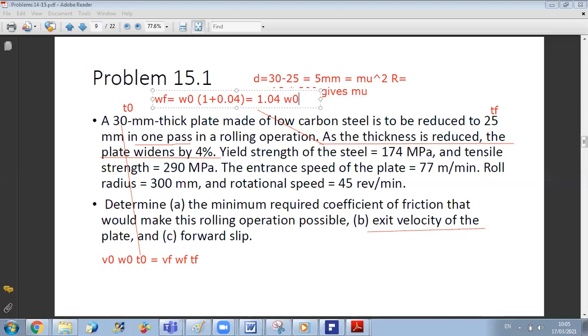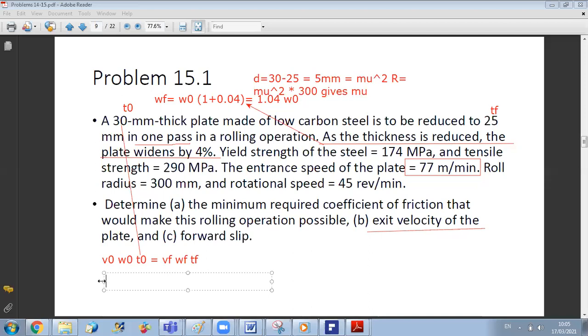And concerning the velocity, they said that the entrance speed is given to be 77 meter per minute. Just pay attention to units. Here, V0 and Vf should have the same unit, omega 0 and omega f also, and T0 and Tf also. So if you use in your equation V entrance in meter per minute, V final will be in meter per minute. Now, replacing in our equation here,